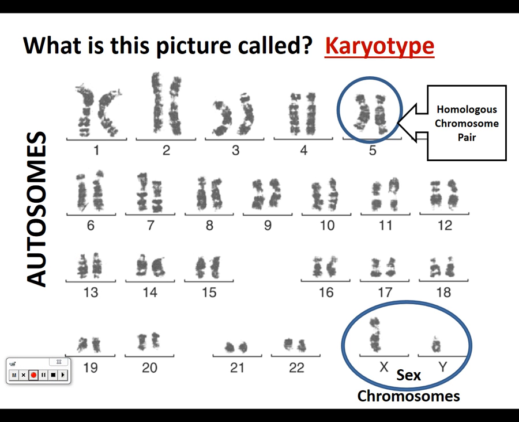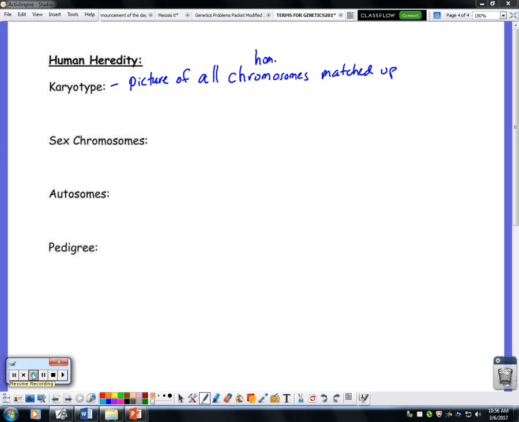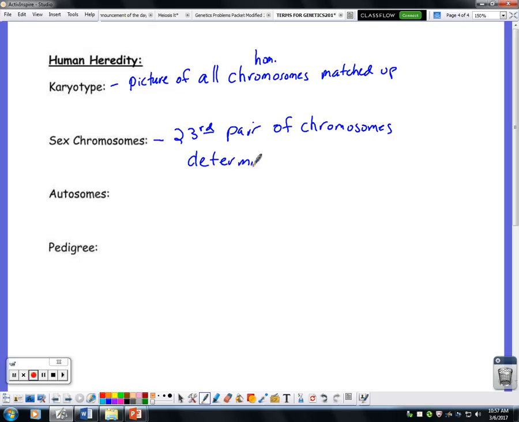Okay, so you saw pictures. We'll see another example. Sex chromosomes, like we said, are the 23rd pair of chromosomes in humans. Okay, they determine gender. So XX is female,